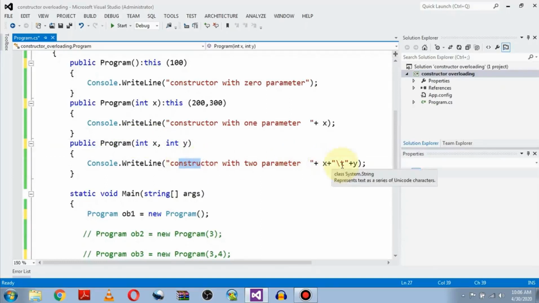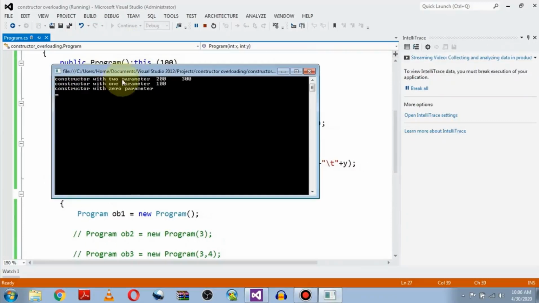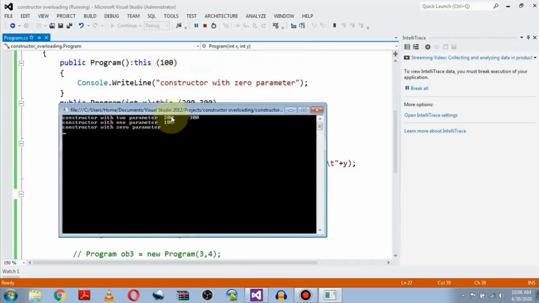So x and y will be printed. The x and y will be 200 and 300, and after that the control goes back to the constructor having 1 argument, and so on. So let's execute this program. If you can see, first the constructor having 2 arguments is executed, then the constructor having one argument is executed, and after this we have called the 0 parameter constructor.